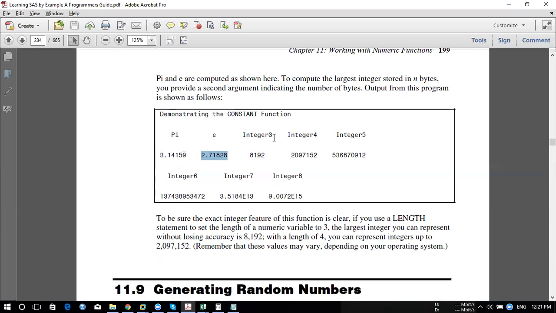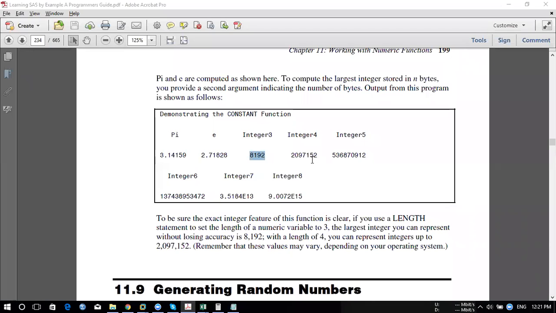And when you say we have 3 digits as a length for any integer, how much value can it store? So here, when you say 3 dot, how much value can it store? 3 dot can store the value of 8192. When you say 4 dot, that's the length of your numeric variable. If you look at this, 6 is enough to cover all types of numbers, a billion, trillion, all those things.